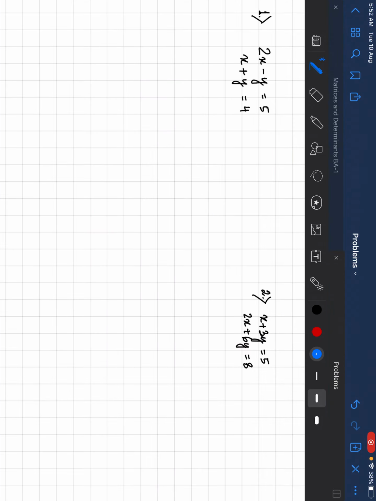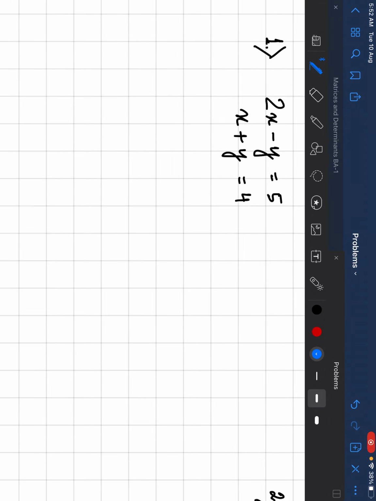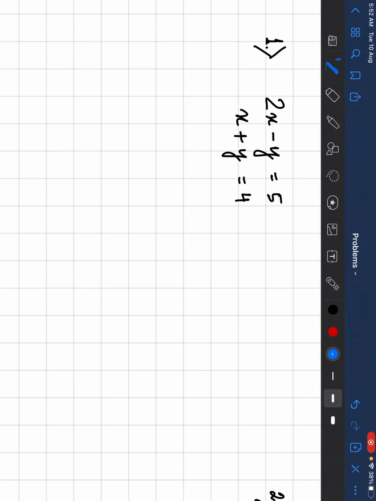So now we're going to do some problems. Let's start with question number 1. 2x minus y is equal to 5 and x plus y is equal to 4. So we have to solve this system of linear equations. Basically we need to find the values of x and y. I told you, when you see these two linear equations, first we need to define those three matrices. So we're going to write here, let